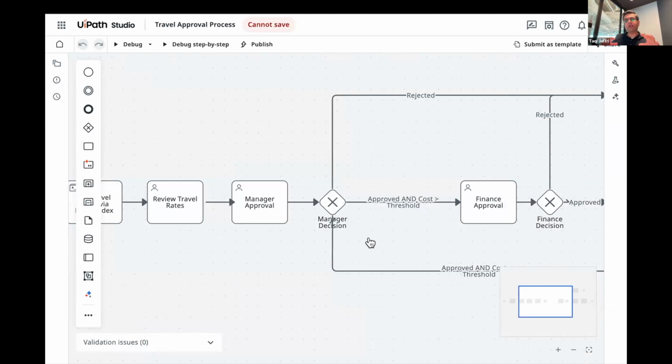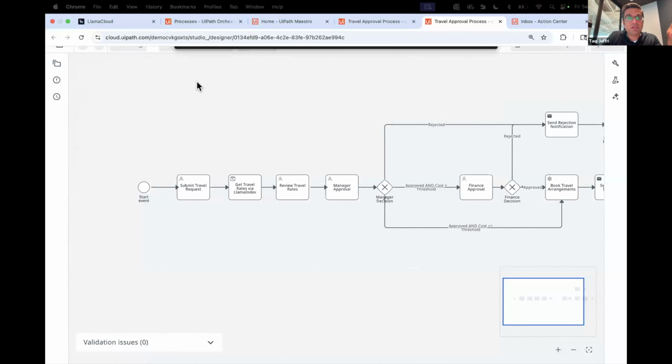So this is super powerful, I like to say. And this is what we call orchestration. So you can orchestrate this agent with people, with robots. You might have some UI automation written in UiPath or computer use automation, et cetera. So you could bring all that stuff together into a cohesive orchestration, and not just bring it together, but you can also,